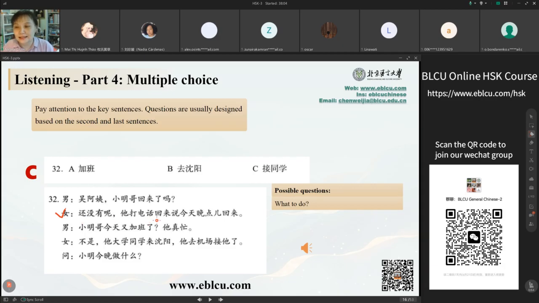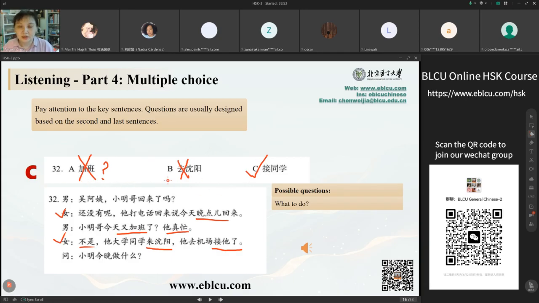还没有呢，他打电话回来说今天晚点回来。Okay, so 晚点 maybe a little bit late, 但是 it doesn't relate to our options. So let's continue. Question sentence. 小明哥今天又加班了，他真忙。Is it 加班? And the answer is important. 不是 so not A. 他大学同学来沈阳 so not 去。他去机场接他了 so 接同学。